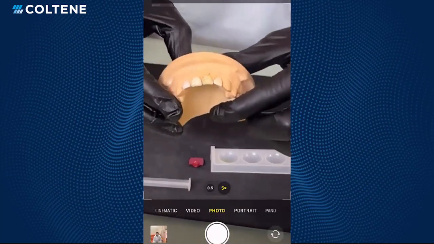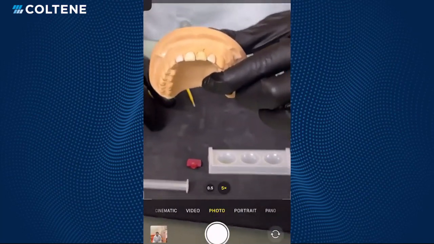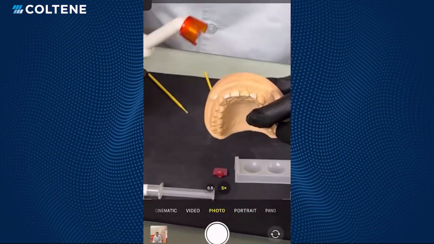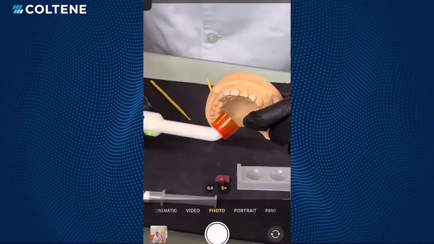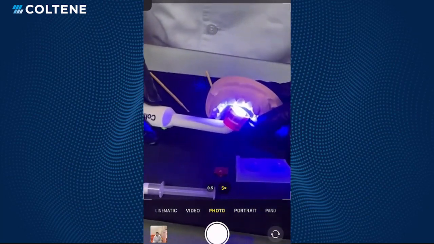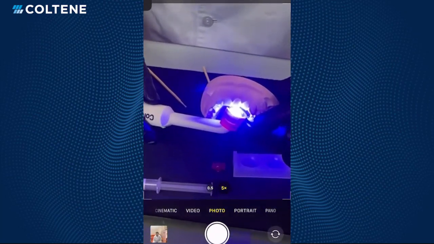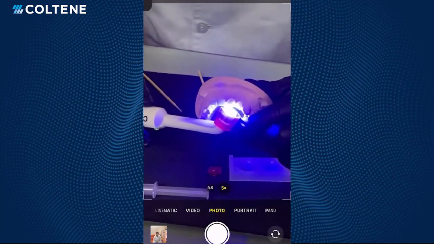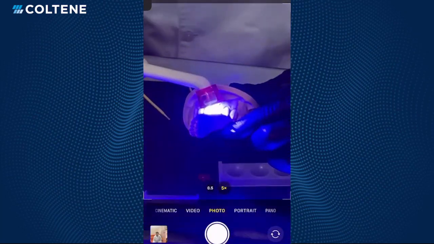You can see the shiny surface, followed by the right cure. The bonding agent, also the same principle applies. The first cure is on the inside. Then